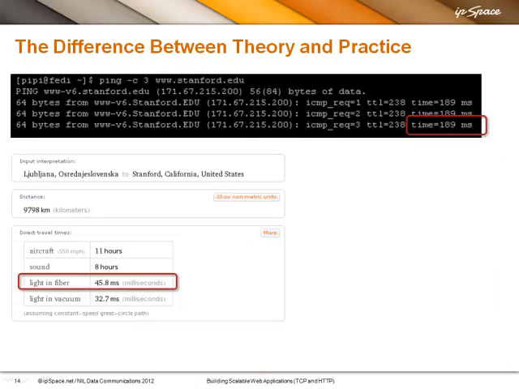In theory, this was provided by Wolfram Alpha. You can ask that magic program how far it is from somewhere on Earth to somewhere else on Earth, and they give you the distance, and they give you the time it takes for light in fiber to get from here to there. Their calculation, as the crow flies, is 45 milliseconds. In reality, you see it's almost 200 milliseconds. So there's a huge gap between theory and practice.